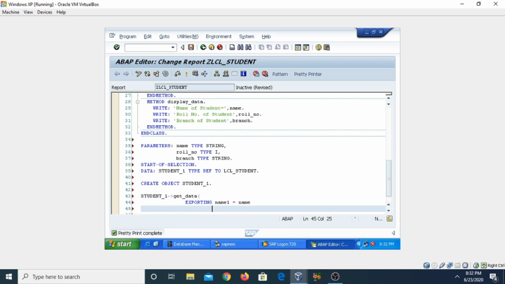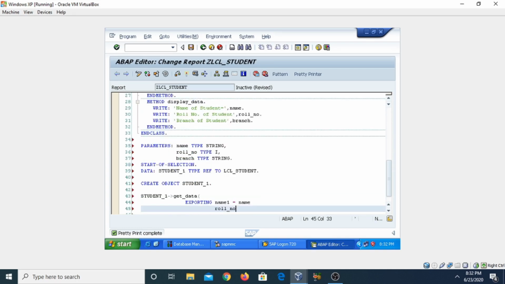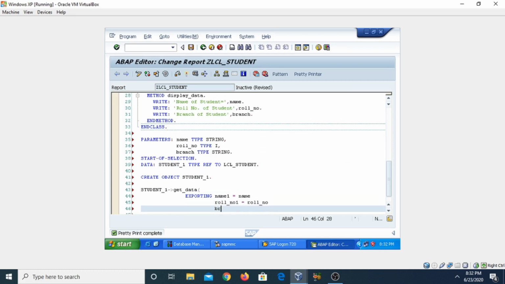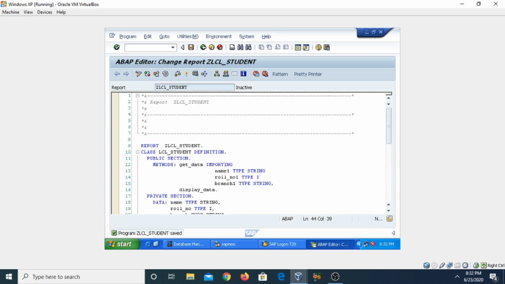Similarly we will transfer roll_number1 equal to roll_number. Similarly branch1 equal to branch. So in this way we will export the actual parameter values to the formal parameters.